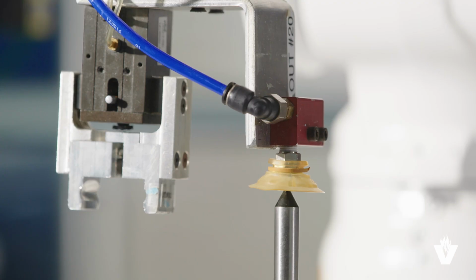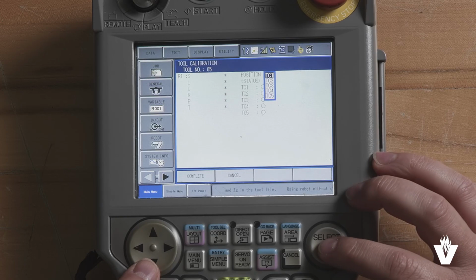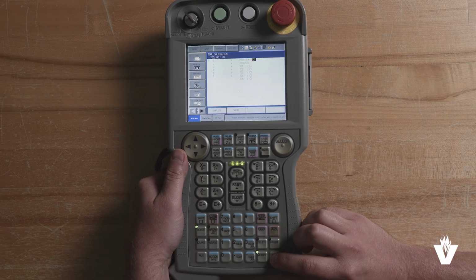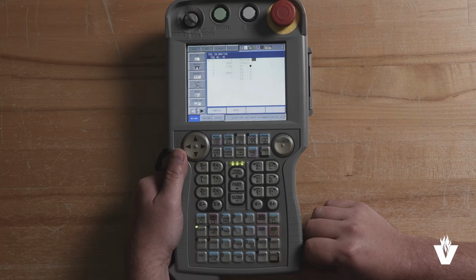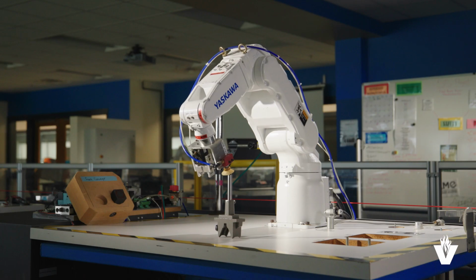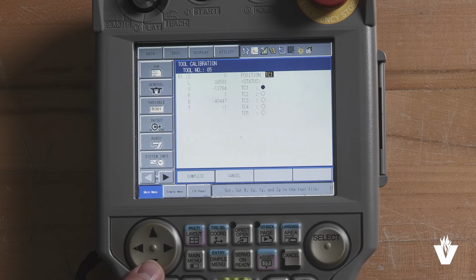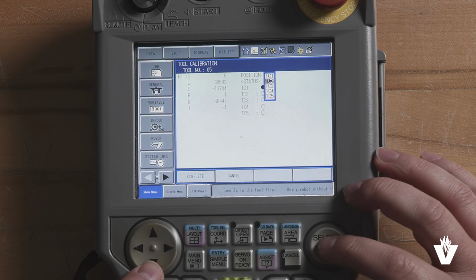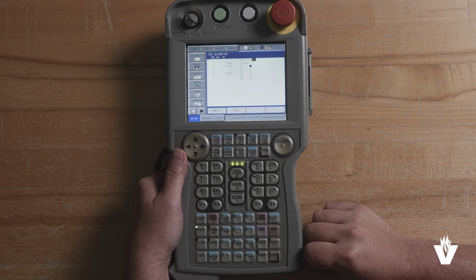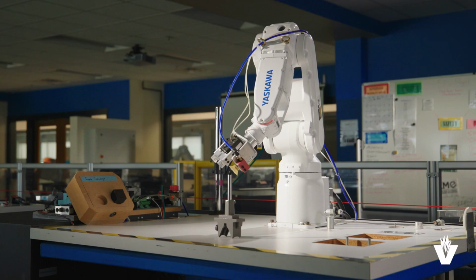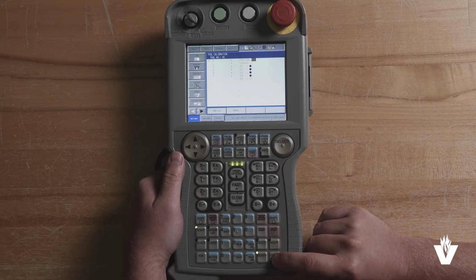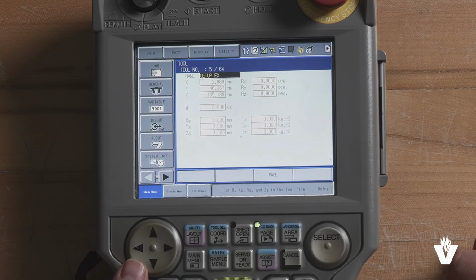Move the robot to the first location and select position TC1. Press Modify, then Enter to record the point. Move the robot tool to the second location with the center of the tool as close as possible to the previous point. Select position TC2. Press Modify, then Enter to record the second point. Repeat this procedure for TC3 through TC5. Then press Complete when 5 points are taught.